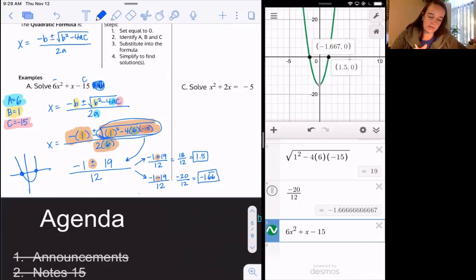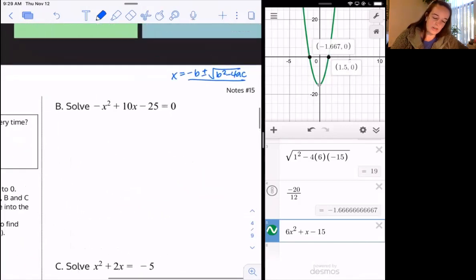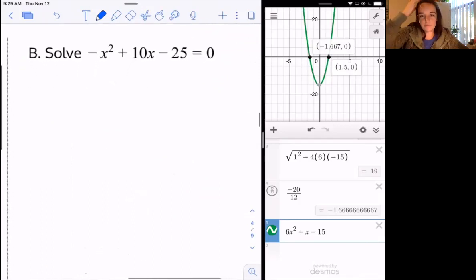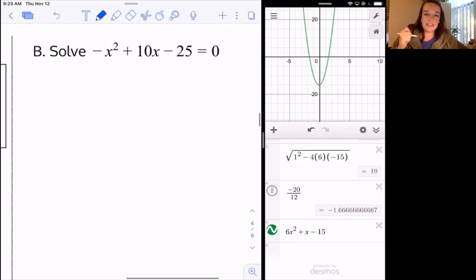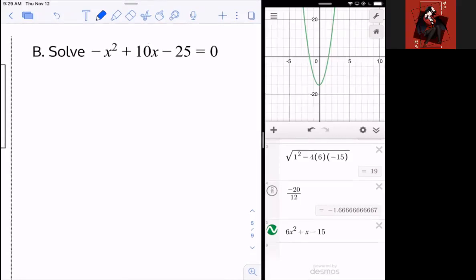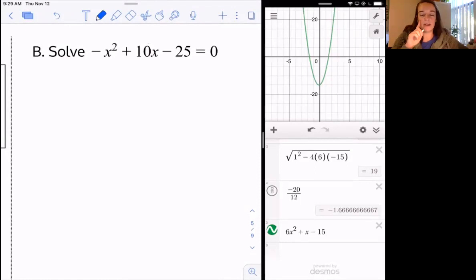Cool, okay, let's try another one then. If I'm a great teacher, then you guys can help me out on this one. All right, here we go. So the first step, can someone tell me what the first step is? Label them A, B, and C. Yeah, well, first, Gabby's got me in the chat, and so does Nayeli. We need to make sure that it's equal to 0. You probably already saw that, Zephyr. It's already equal to 0, so we're good to go. So now the next step is to label them A, B, and C.